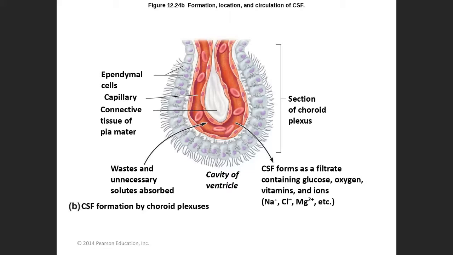So you're going to have the blood vessels running through here. So this is a blood vessel with blood running through it. And all of these little guys that you see hanging out around here are those ependymal cells. Remember that I said that the ependymal cells actually form your cerebrospinal fluid? So they're located around the blood vessels so that they can regulate the amount of filtration, or the